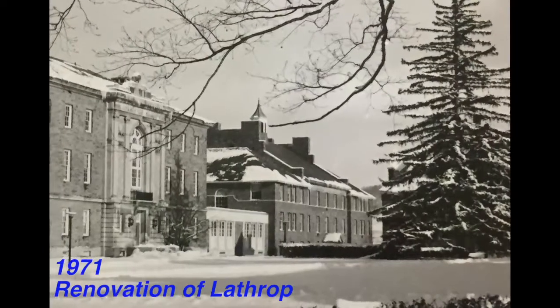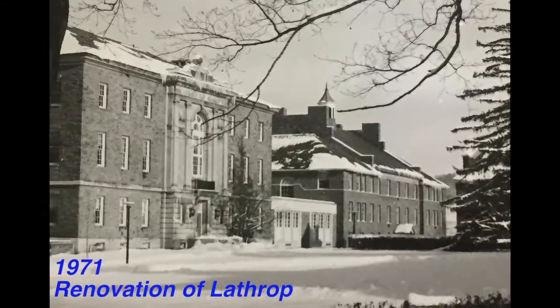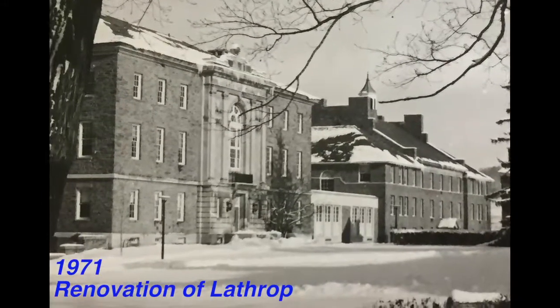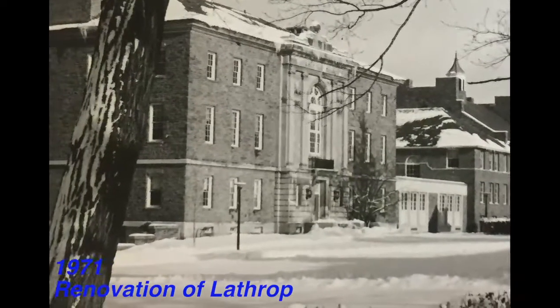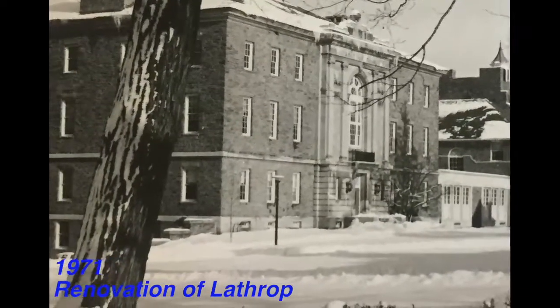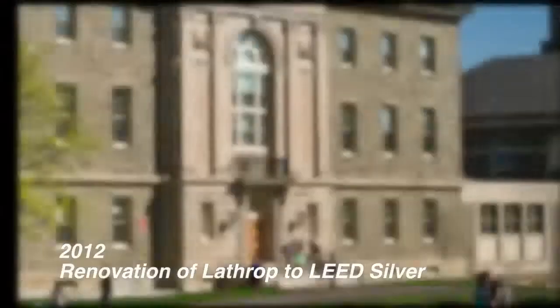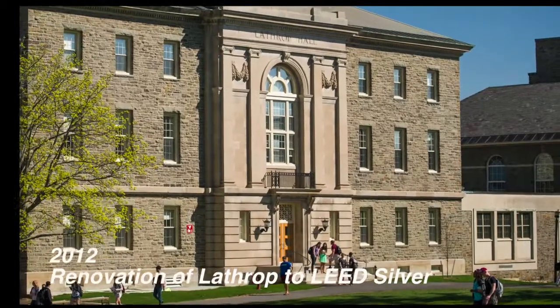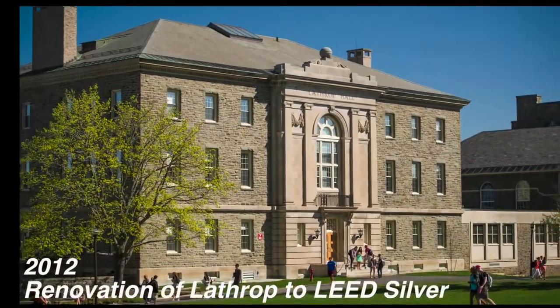1971 marked the renovation of Lathrop Hall. During this process, energy systems were completely redone, assumingly in order to increase efficiency. Also, there seemed to be a new awareness that it is important to have buildings that are flexible and adaptable to multiple uses. In 2012, Lathrop Hall became the first building to be renovated to LEED Silver standards, and this